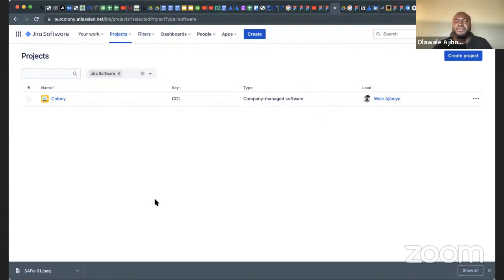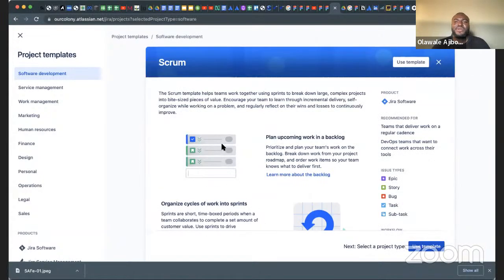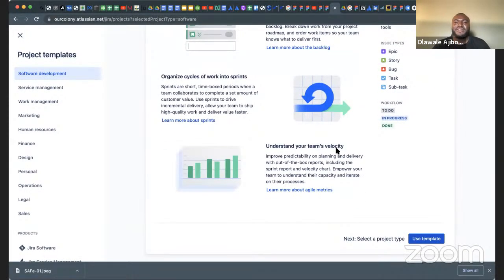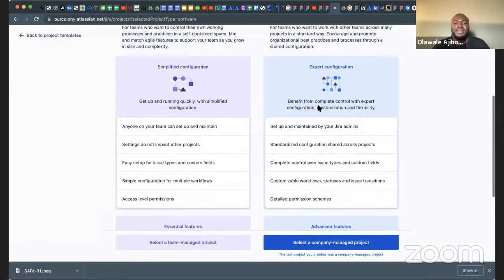So let's just start from the basics, right? The first thing is to create a project. You have to create a project if you want to work on something. You can name it anything. You can choose what kind of framework, whether it's Kanban or Scrum, or just for bug tracking. This is a free version. There's still service delivery and all of that, but these are the two that we've spoken about. So you can say create a Scrum board. There's this template there already, right? You can use that template,